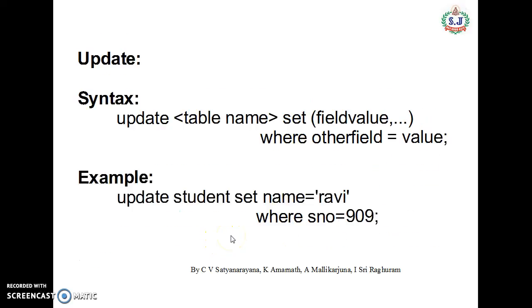Then one more DML command is the update command. The syntax is update table name set field value where other field value is equal to a value, where we want to modify one particular record with the specified field value. Then we may use the update command to modify. Then update student